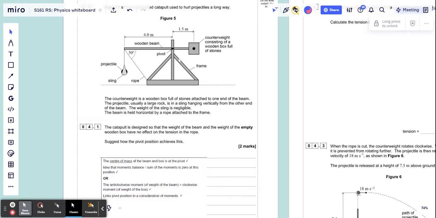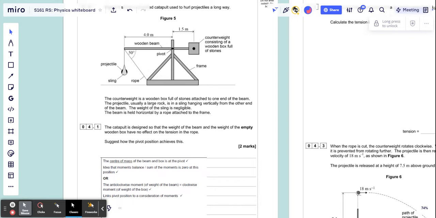Well, the way they achieve it, first of all, as you can see, the center of the mass of the beam is at the pivot. And the reason for that is another thing that they've done as well. So the center of the mass of the beam and the box, of course, is at the pivot. Because as you can see, the center of mass of the beam is going to be shifted over to the left. But the